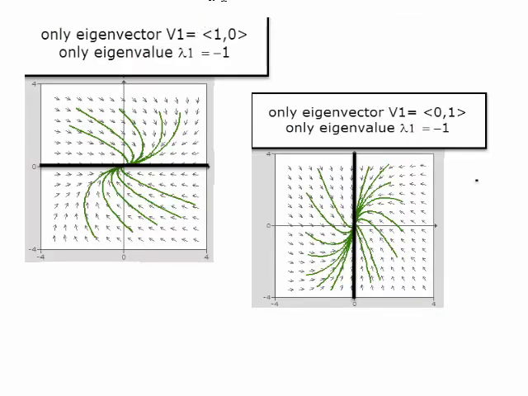And here are just two examples. Let's say that your eigenvector is (1, 0), and you have an eigenvalue of -1. All right. Then here's the eigenvector right here, and you see the other solutions coming in